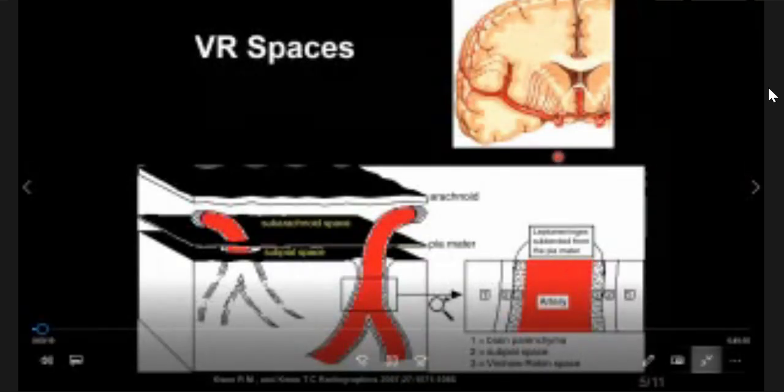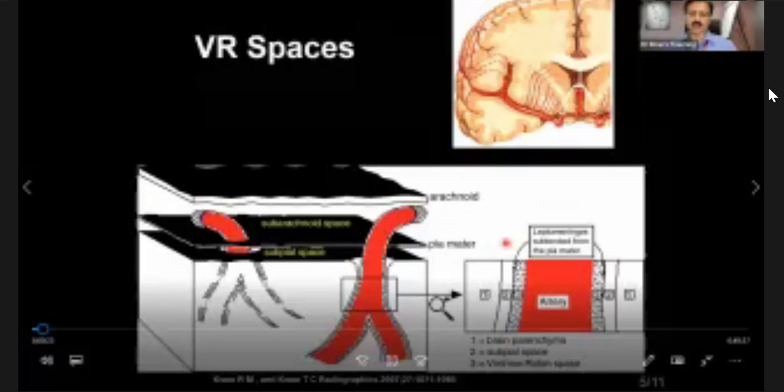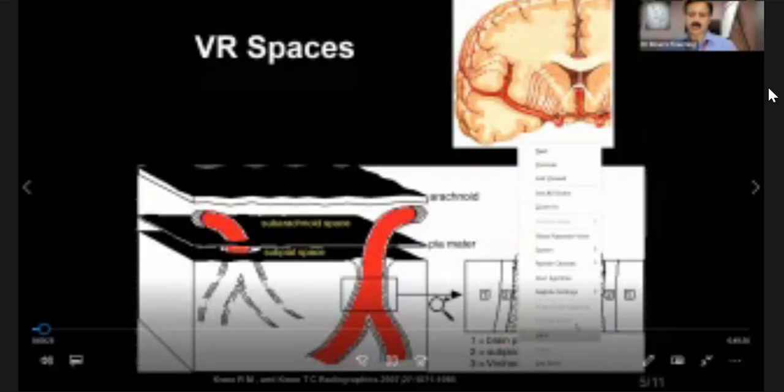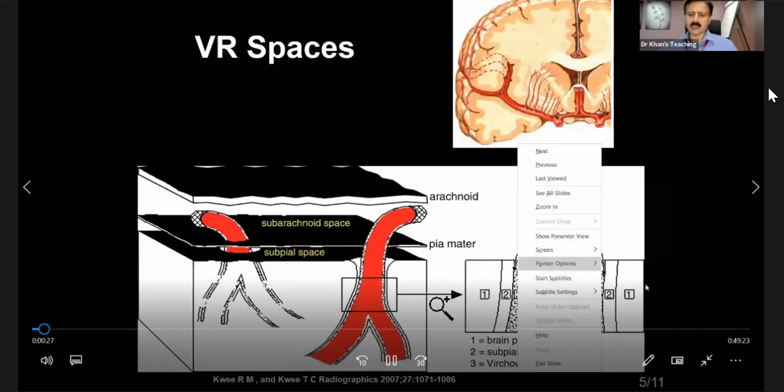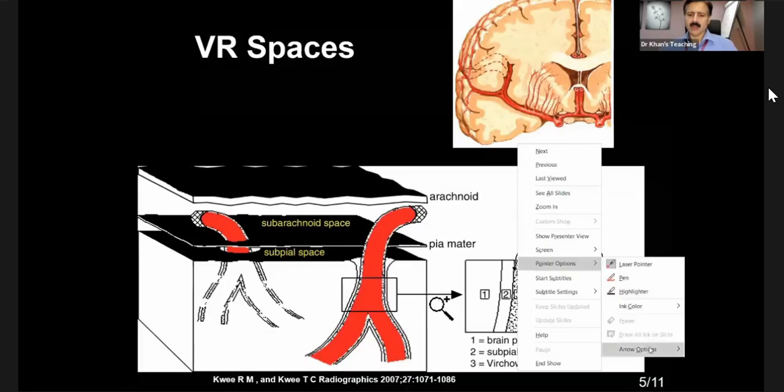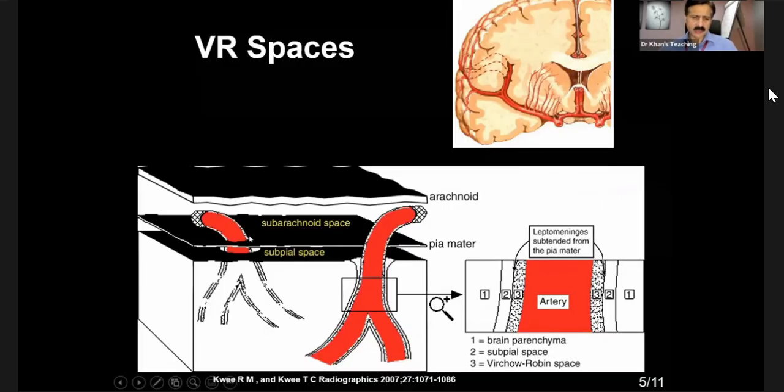You can. Okay. So we were doing some concepts of Virchow-Robin spaces. So the point is that, see here, this is the subarachnoid space. So this is the arachnoid, this is the pia. The vessel goes through the CSF, goes into the brain. Now, if you see the microscopic view here, this is the artery, and then this